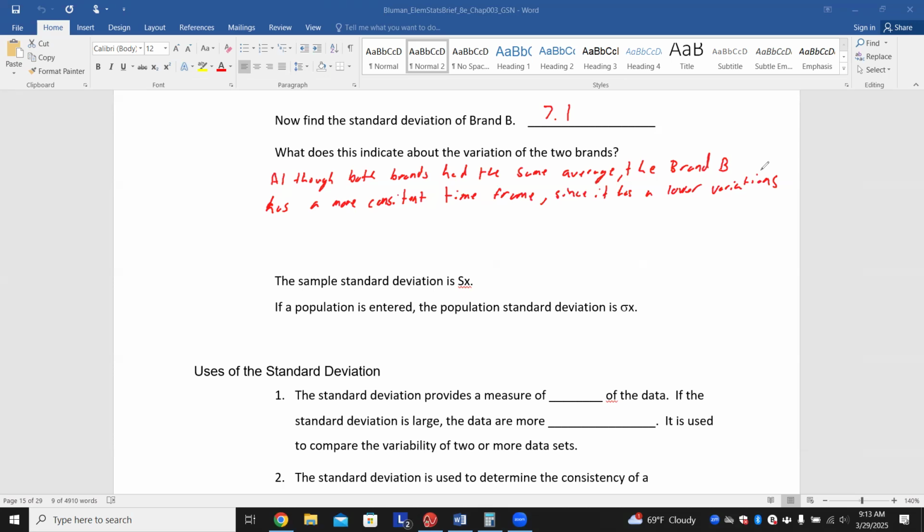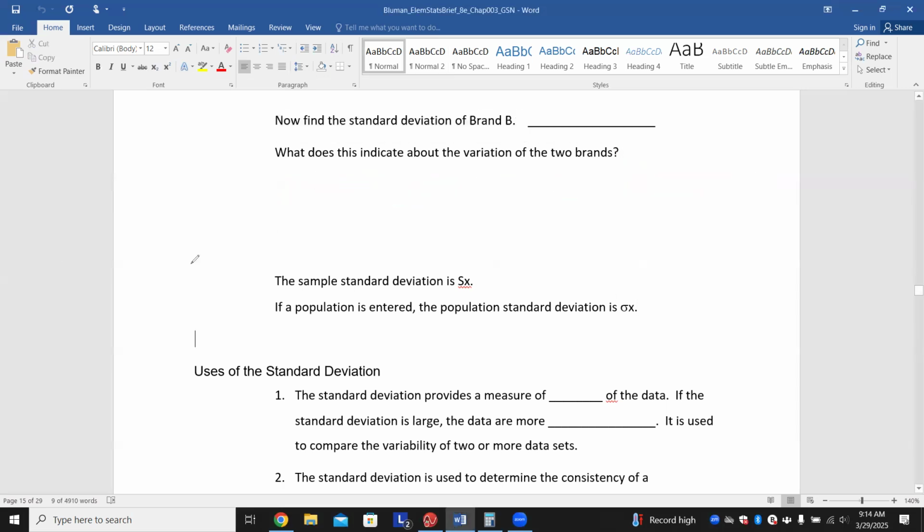All right, so again, like the note you saw the standard deviation denoted with an SX, that lowercase s, that's really what this should be too, but that S right there indicates it's a Roman letter, so it's talking about sample. If this was again population, you would have seen that sigma SX. So if I would have told you, hey, this is brand A's population, this is every house they've ever done, maybe they're brand new, then I'm looking for the sigma. All right, so with that,